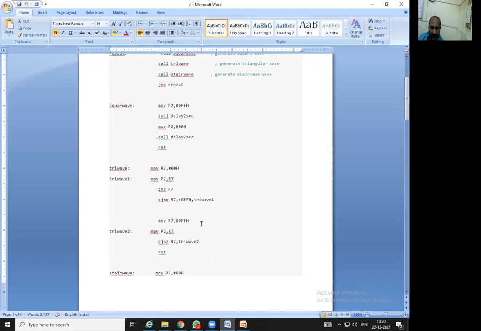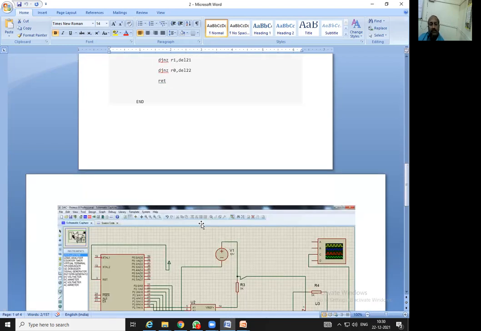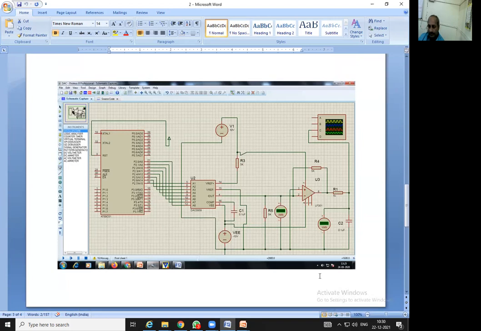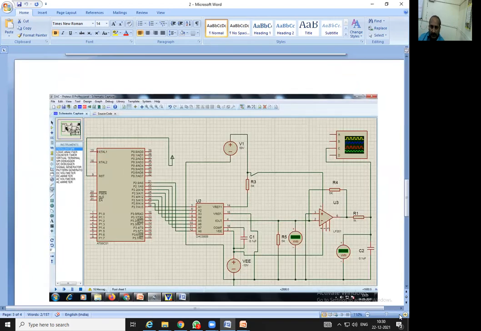So how is it going to look? This is the connection diagram. Here is DAC 0808. You might have observed earlier that for ADC it is also 0808. Here also it is DAC 0808, but the pinout diagram is different and the function is also different. One more thing we are supposed to remember for DAC is that it gives the output as current.